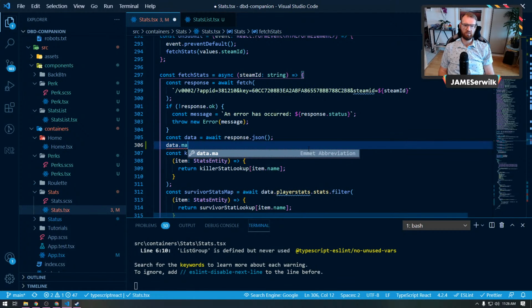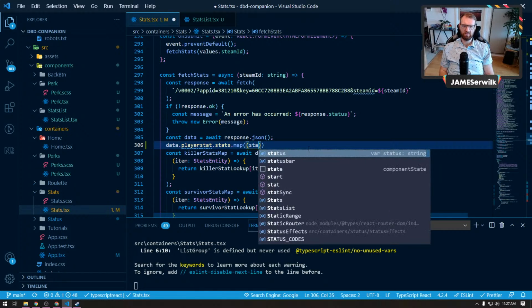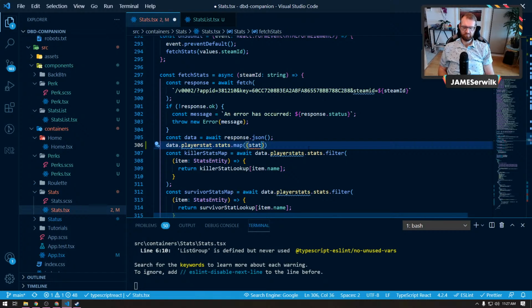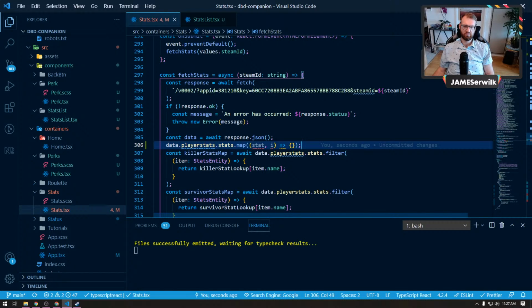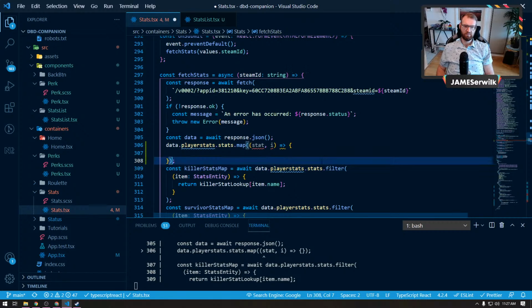If we did data map, we actually want data dot player stats dot stats dot map, stat and index. Player stats. Index. Okay, so